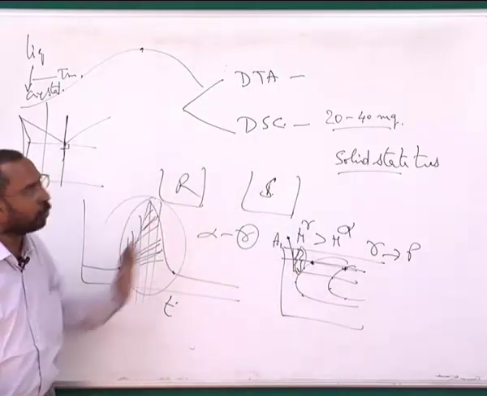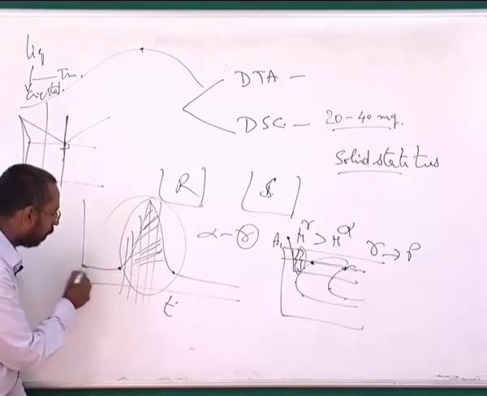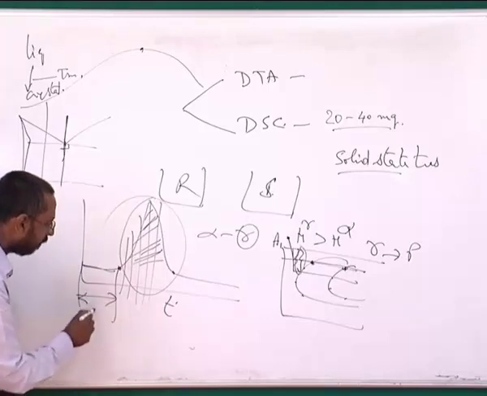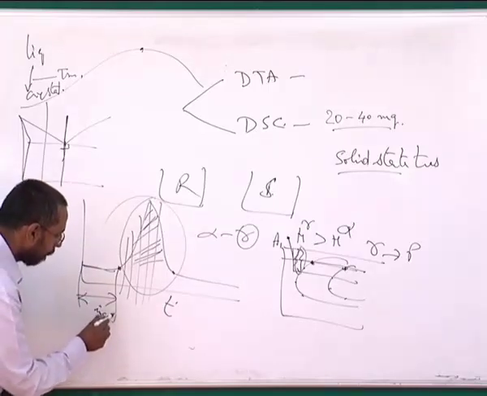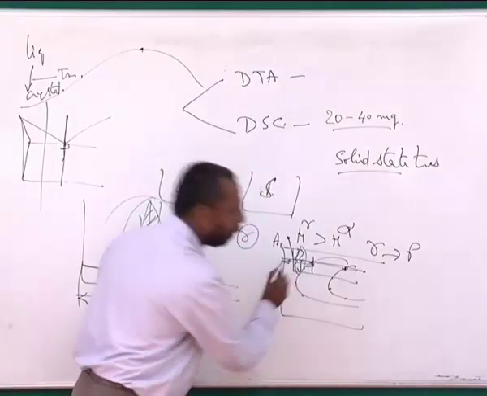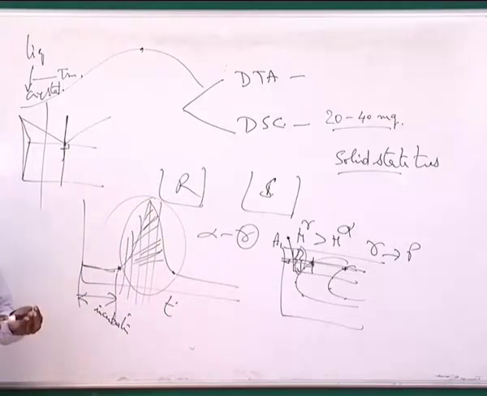Similarly, when I am trying to do the reverse process, I should make sure that no gamma has formed during heating, so that the alpha remains as alpha until you reach this particular temperature and start holding. And what is this period? This period is what we call the incubation period. At a given temperature, this is our incubation period, then the start of transformation, the end of transformation, and one can find out all this. So these are all possible for isothermal, and we can get the whole isothermal kinetics from such a transformation.